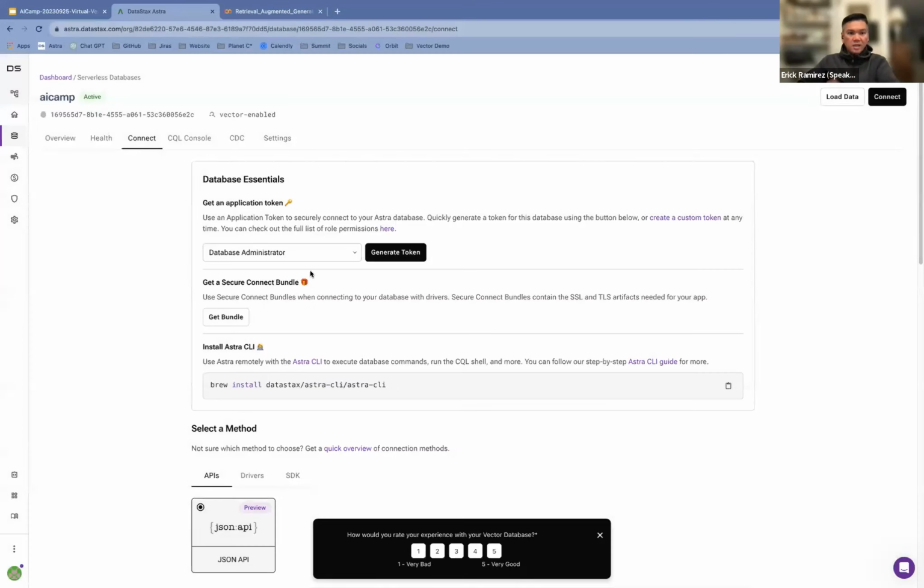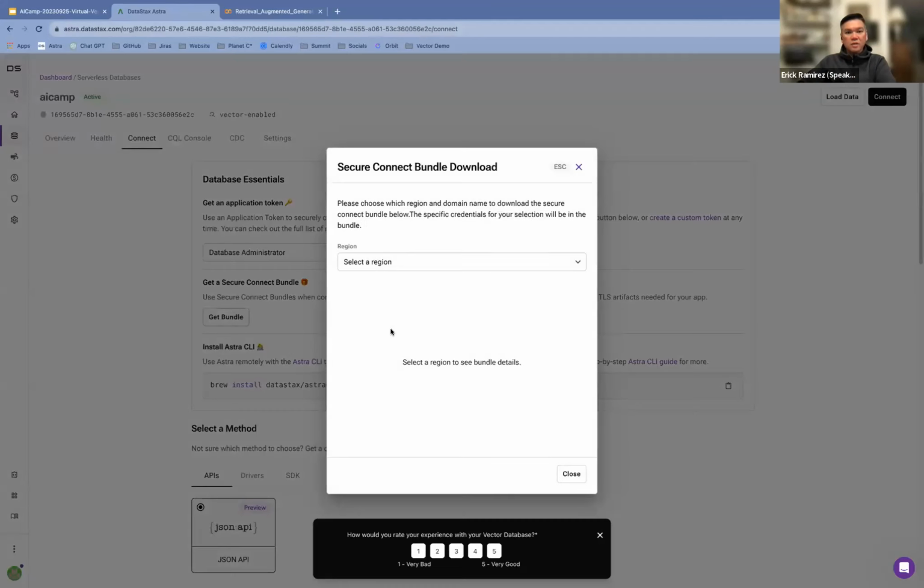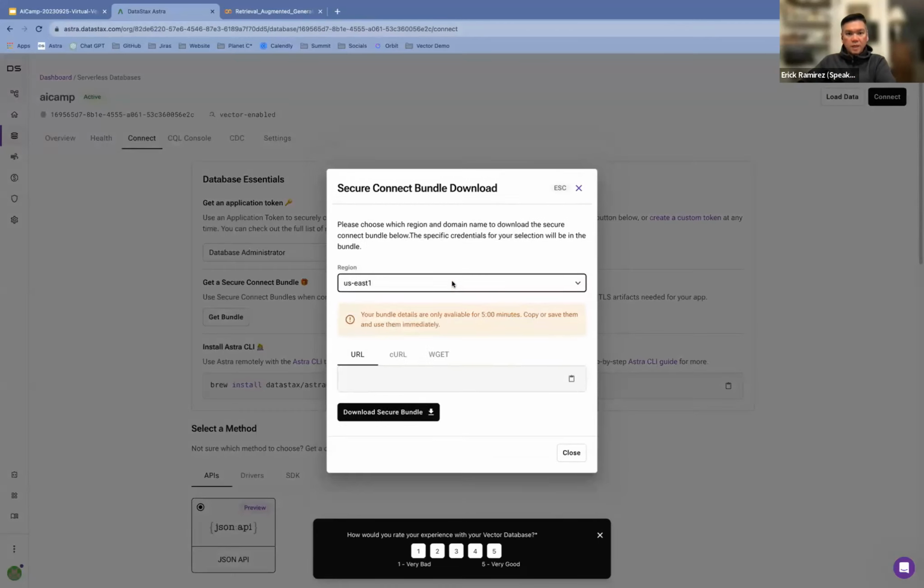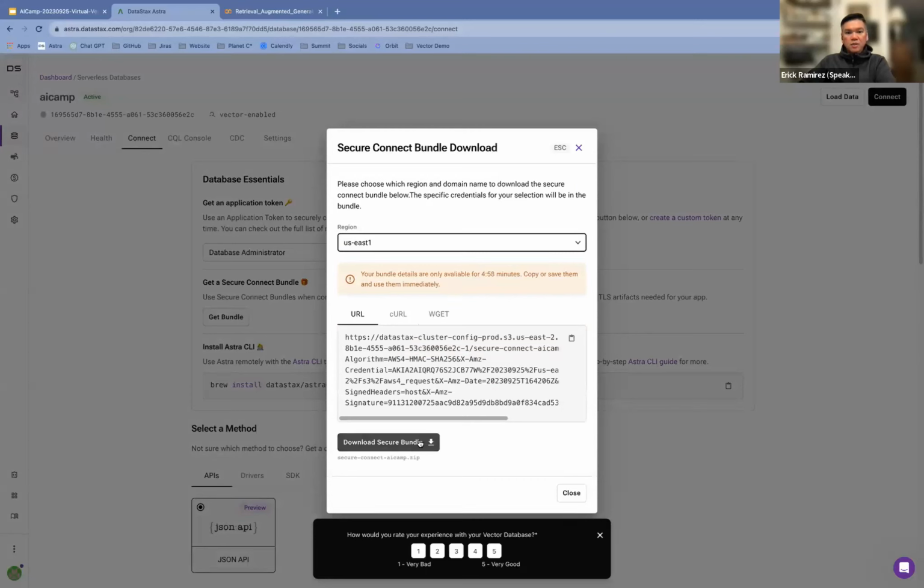The other thing I'm going to do is click on Get Bundle on the Connect tab of my database. This is the Secure Connect bundle. Think of it as the database URL, like a JDBC URL, that tells you how to connect to your Astra database running in the cloud.